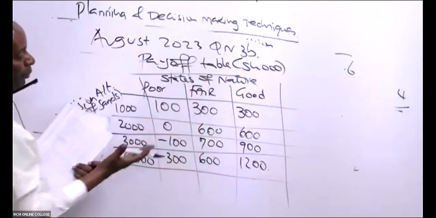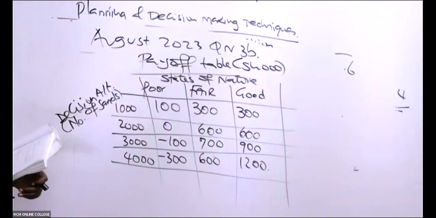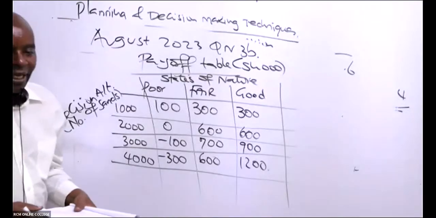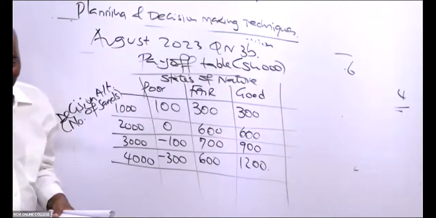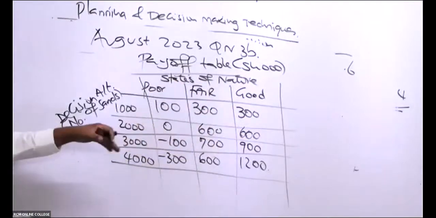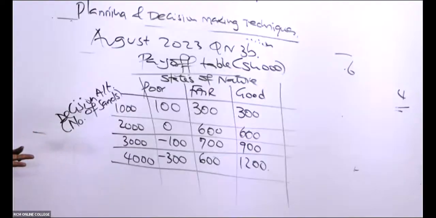And then lastly, we have what there? For now, leave out the probabilities. But it will be very important for you to know that states of nature are normally probabilistic. The ones you're going to put here should be probabilistic. That is under the environment of risk. Under the environment of risk, they shall be probabilistic.